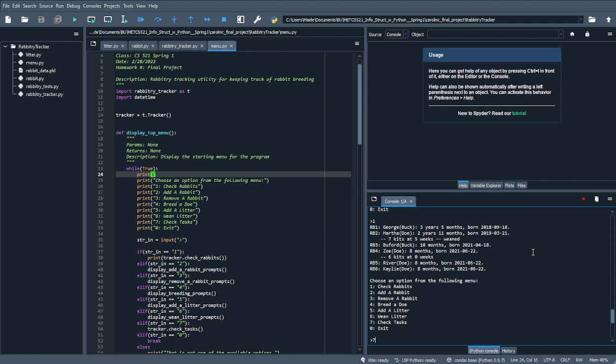And if we check our tasks again, we can see that River and Kaylee are both ready to be bred because they are old enough and they haven't had any litters yet. They don't have any babies living with them. So we're going to go ahead and breed them because we did breed them at the same time as Zoe. They just haven't given birth yet. So I'm going to go ahead and breed